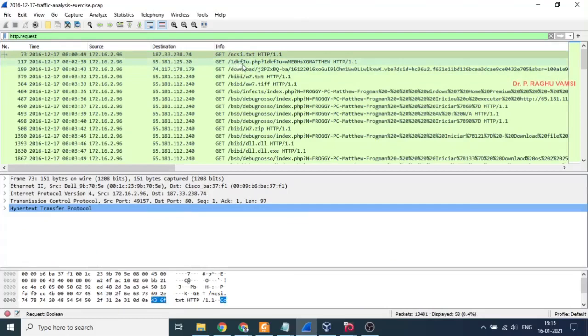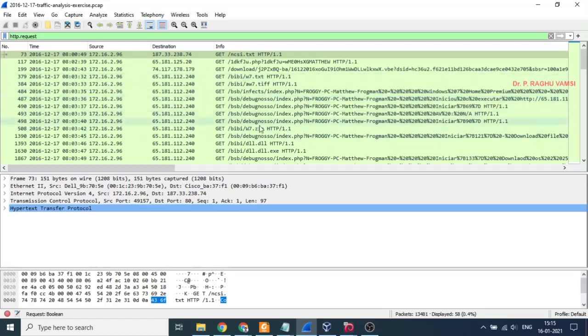If you look at the traffic analysis, the request has gone to 1dkfju.php. Next the request has gone to bibi slash w7.txt, and also it went to the .tiff, and also went to bsb slash debug no sso slash index.php.